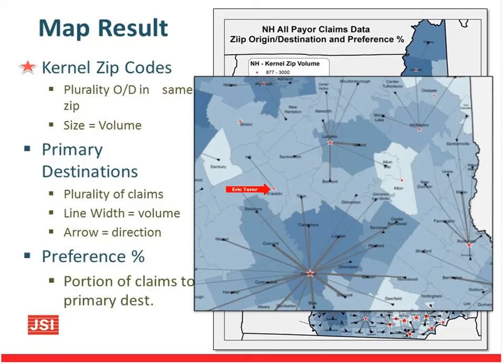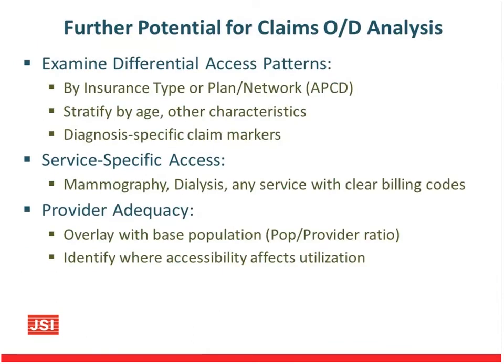Last bit, differential access patterns. So other things you can do. If you have all payer, you can split it up by insurance and see whether the private's going a similar way to the public. You can stratify by age and other things, as I mentioned. Diagnosis